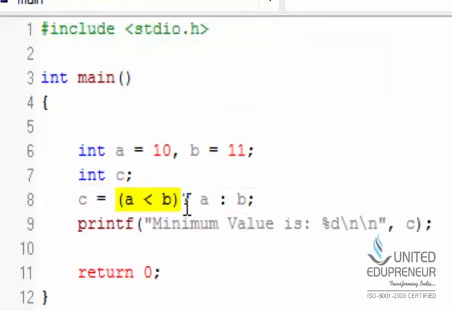Now if this condition evaluates to true, then the part after this question mark will be evaluated, meaning it will return the value a. And if this condition becomes false, then the part after this colon will be executed, which will return b in this case. So this return value will be stored in c.